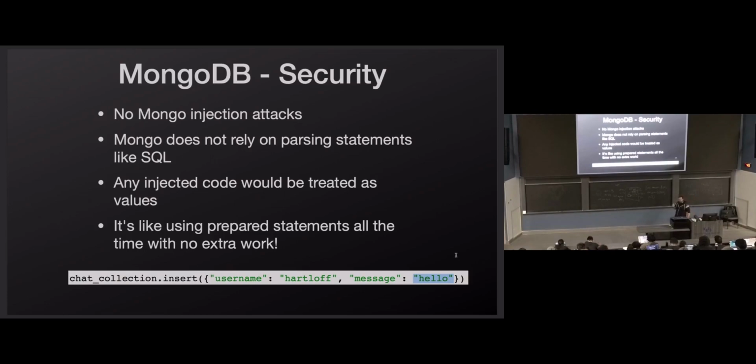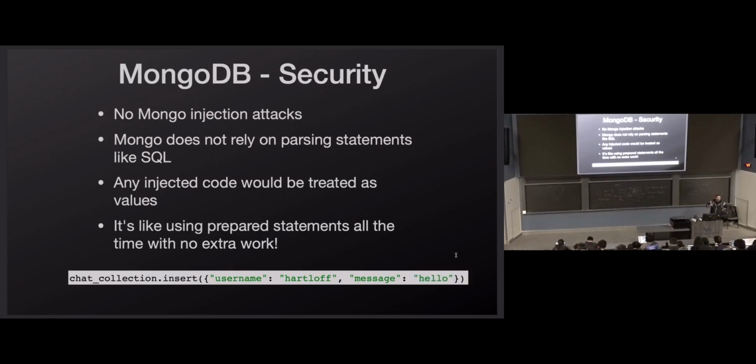But sometimes devs write client libraries and they get a little too cute with things. And they think, oh, I'll implement this to interpret that as Mongo statements to help out my users. You know, that'll be a feature that we add. And then they're vulnerable to injection attacks because the attackers say, oh, that's a feature I'm going to exploit. And then it happens. This happened in PHP. The PHP client library for MongoDB had some vulnerabilities like that. They got a little too cute with things and opened themselves up to injection attacks.